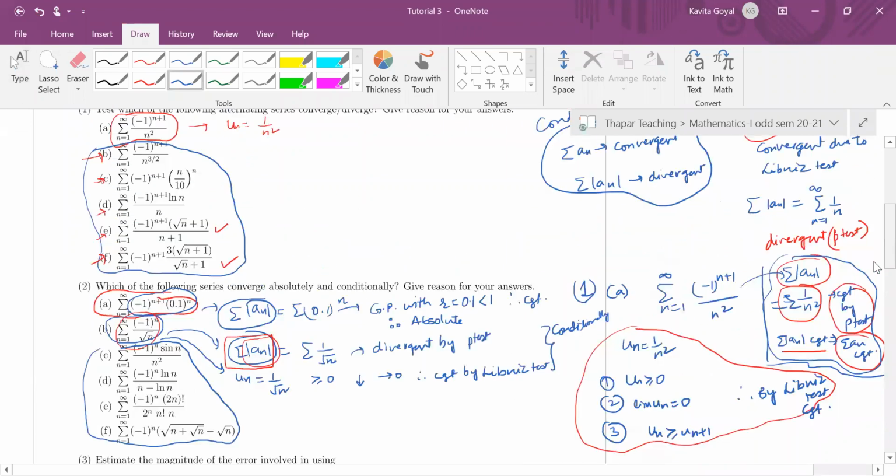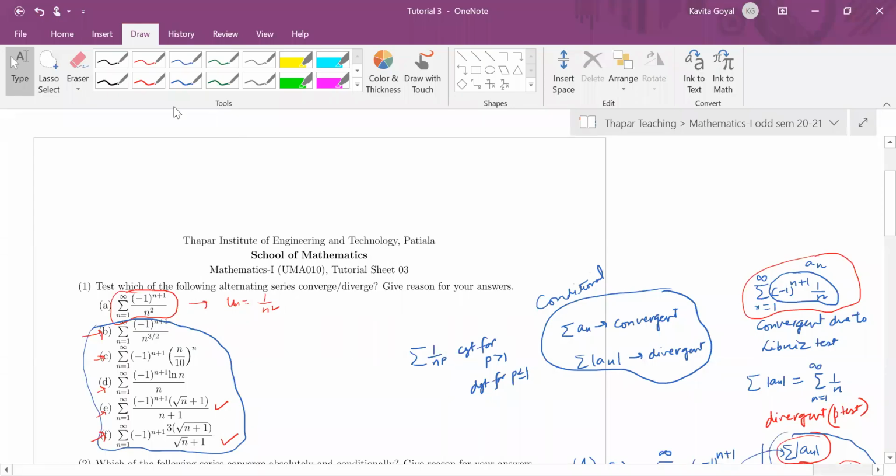Okay, everybody, continue doing your problems. Okay, better let us discuss. So can you tell me about this series? Convergent, divergent? Everybody, please participate. Convergent. Leibniz test you can apply. Your un is 1 by n raised to power 3 by 2, which is positive, decreasing, and the limit is 0. Therefore, convergent by Leibniz test.